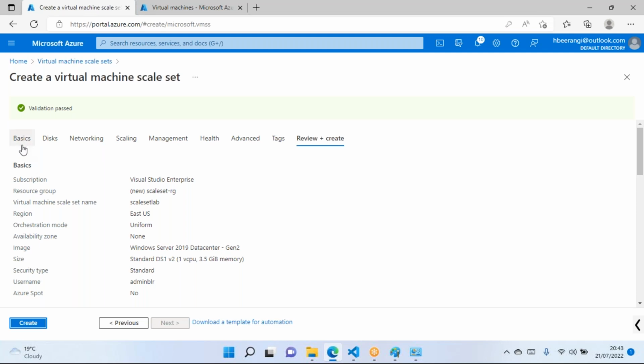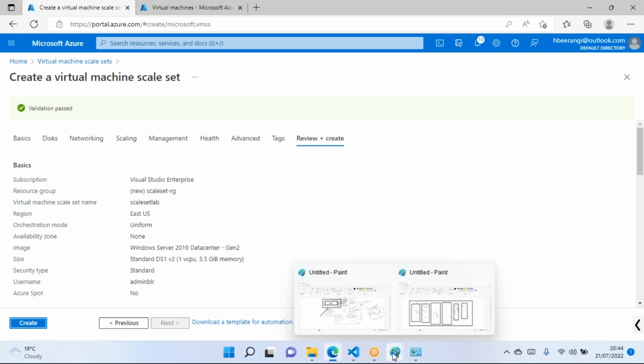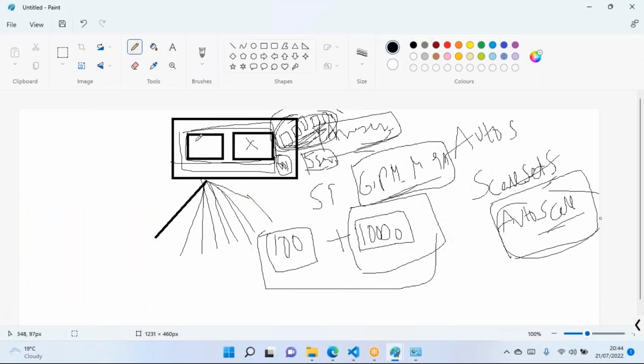Everything was given there. In the disk, we did not choose any option, and in networking, we have selected a new network to get it created. And in the scaling, we have opted only the minimum instances. I did not discuss any other options. We will see that after the creation of the scale set.